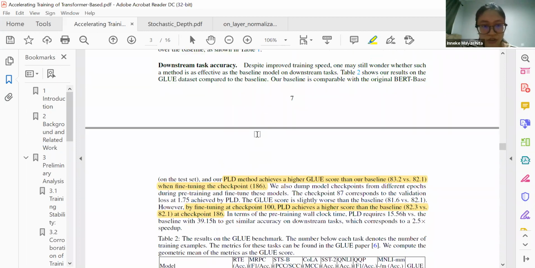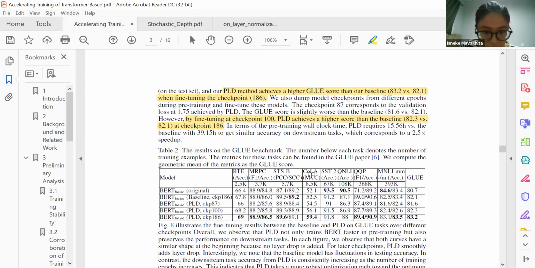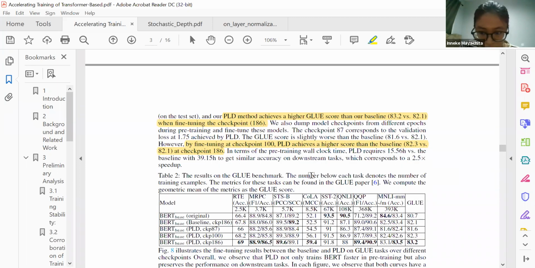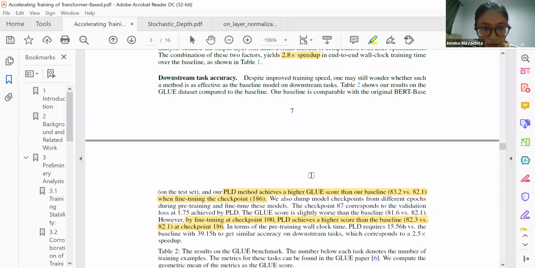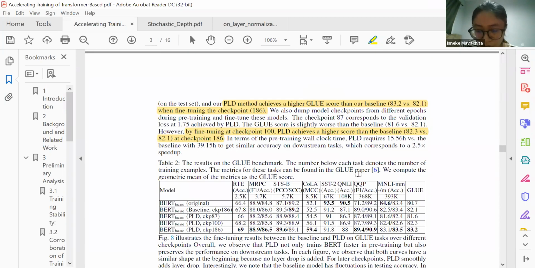After that, they also compare the results in the downstream task using the GLUE benchmark. Let's see here in the table. In the table, we can see the original BERT with the baseline. Okay, with the baseline BERT in the epoch